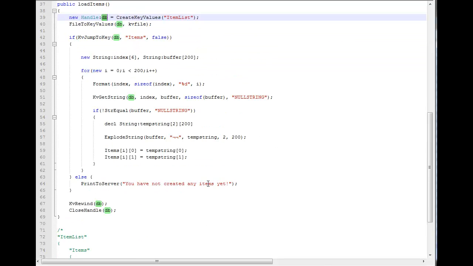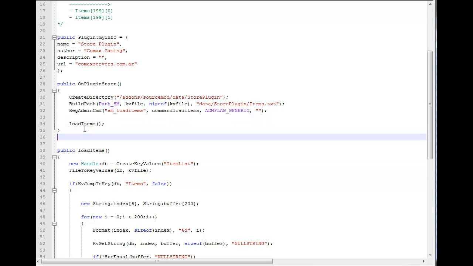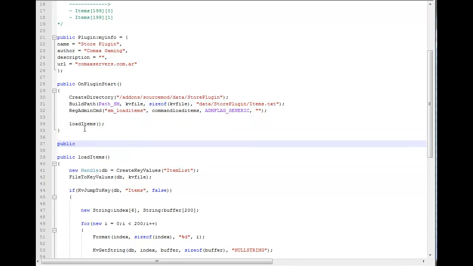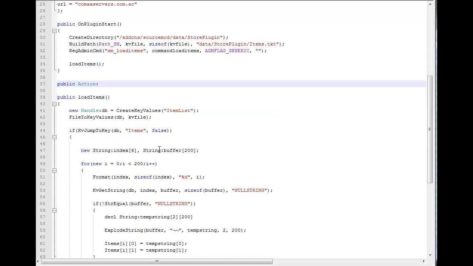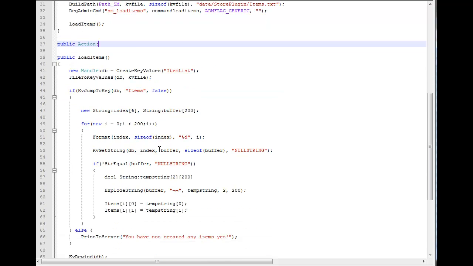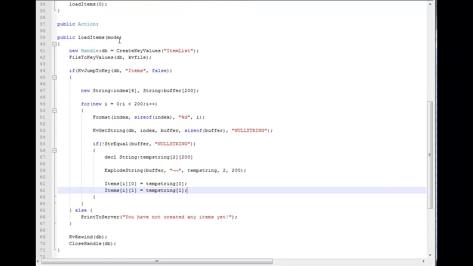So yeah. Now for the command that loads items, public action. I'm going to explain this in a second. Why did I add mode here? Because